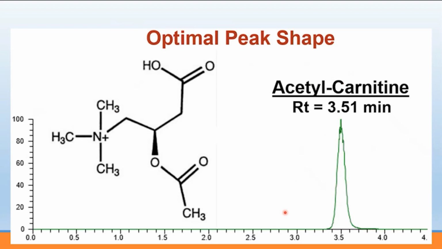Another example that we have is acetylcarnitine, which is a common metabolite that we measure in metabolomics. So here's an example of preformed positive charge, so easily ionizable, and also would have a very different retention and characteristics in terms of separation. And note here we have a very optimal peak shape, a very Gaussian defined peak, and excellent retention for this